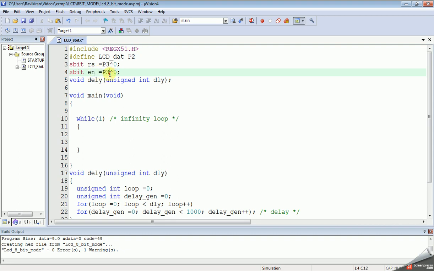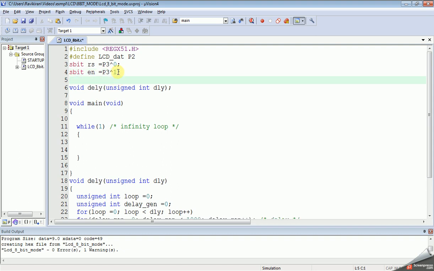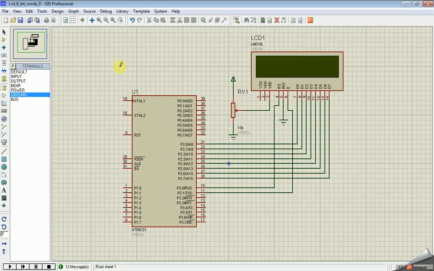This is connected to P3^1. As given in the schematic, RS is connected to port 3.0, enable is connected to port 3.1, and data lines D0 to D7 connected to port 2.